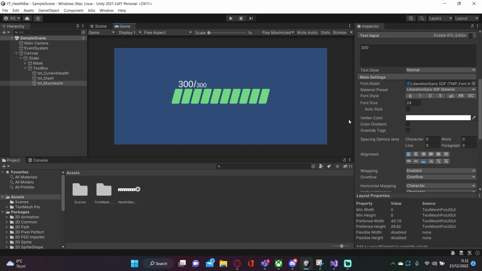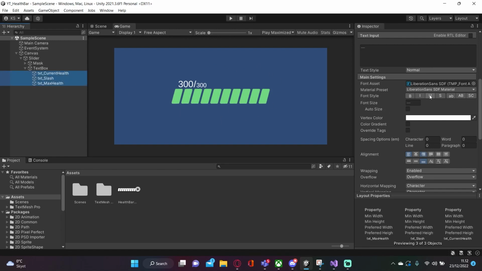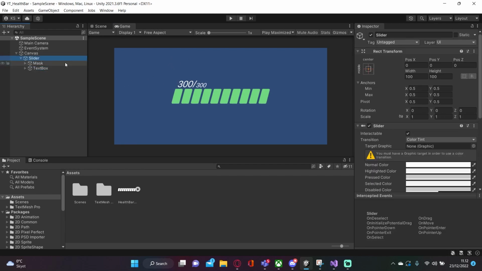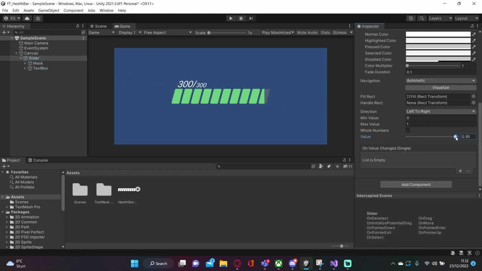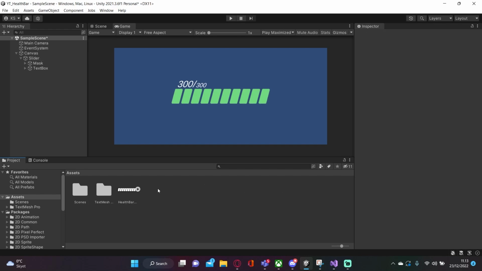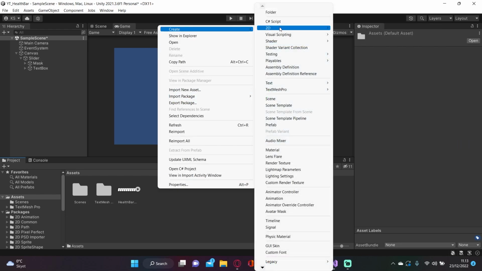So yeah, this is how I want my text to look. I'm also gonna make it italic. Okay, so this is gonna be our slider that's gonna present the health bar. Now it's just time to create a health bar script. So I'm gonna create a script and call it health bar